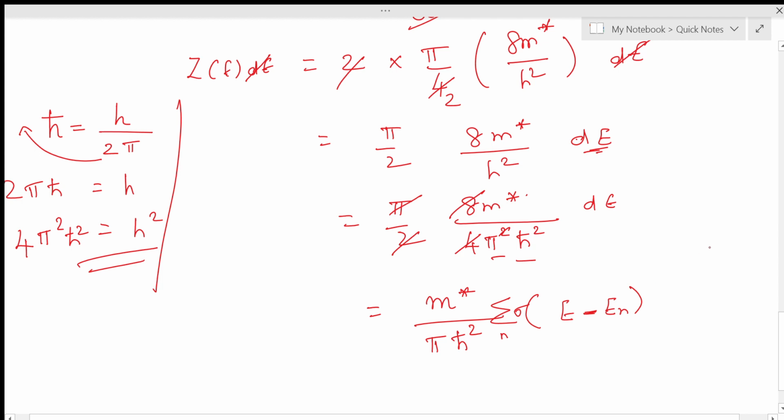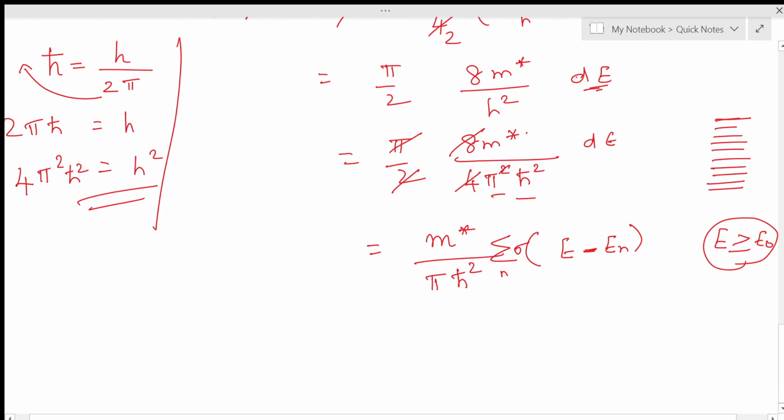That is, if there are n number of energy states available in this two-dimensional structure, then n is the maximum energy state, and E should be the lower energy state, but it should be greater than or equal to E naught. And sigma denotes a step function, that is just like, let us consider along